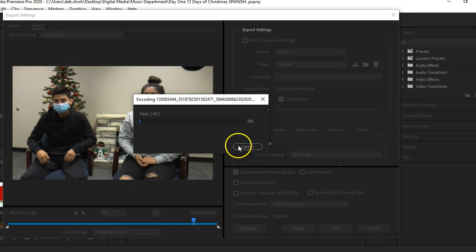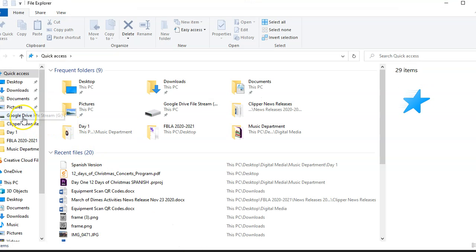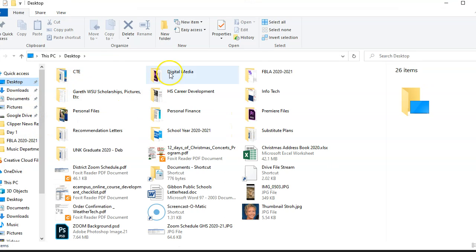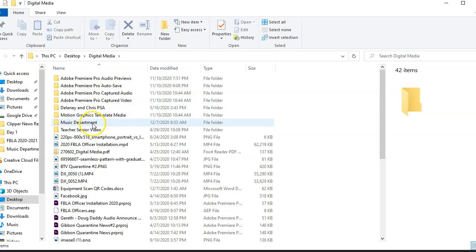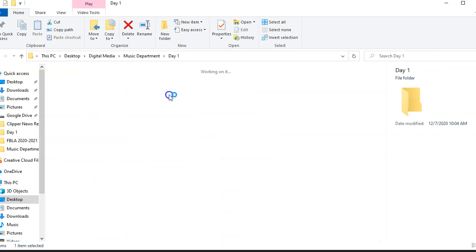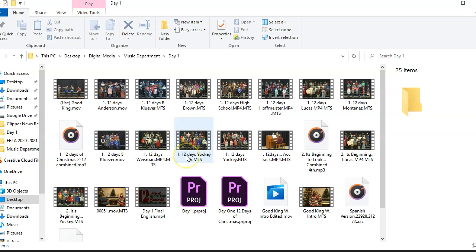And then I should be able to go to my file explorer, go into where I had just shown you just a second ago in my digital media, into my music department for my file, went to day 1, and then it will appear here for me to go ahead and upload it to YouTube, give it to somebody through Google Drive if they're looking for a rough draft or a final edit of your